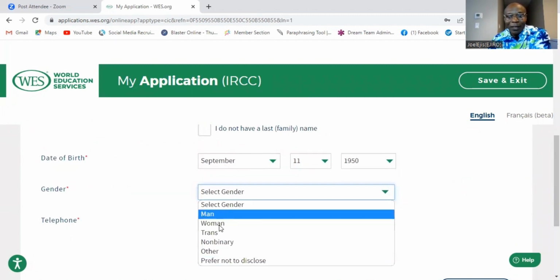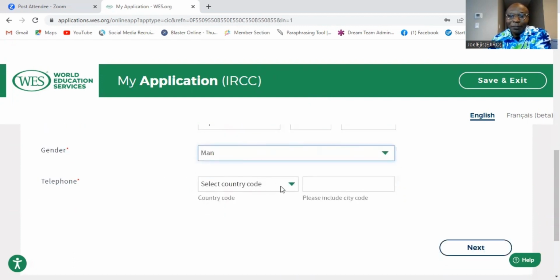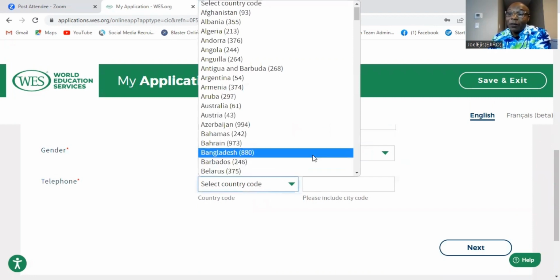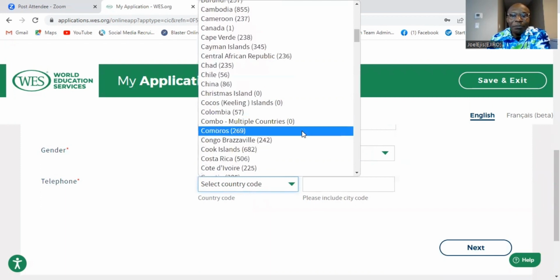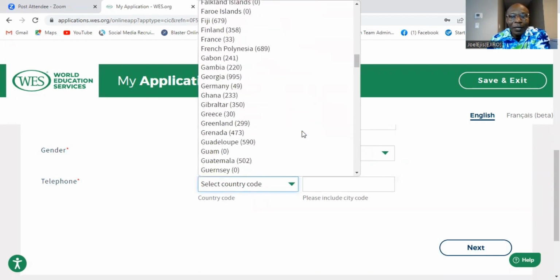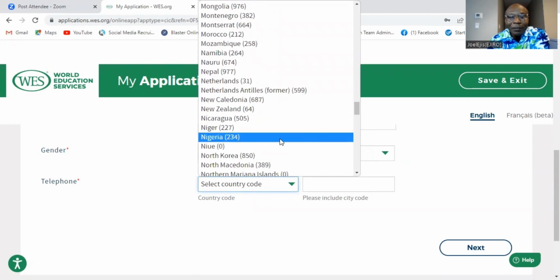The preferences are there. Country code: you need to put a country code depending on the country you are applying from. Let's go, I'll pick a Nigerian number,